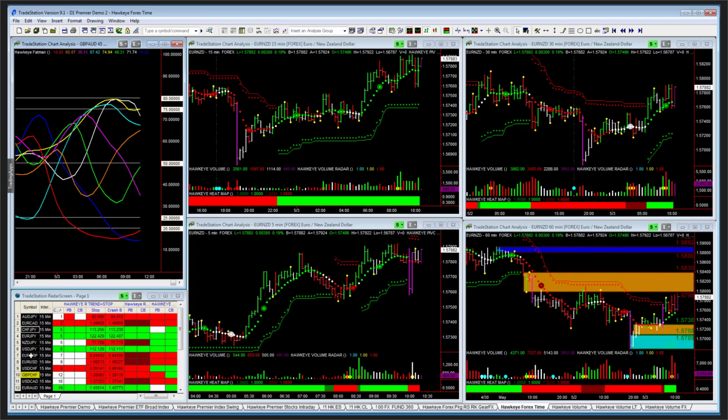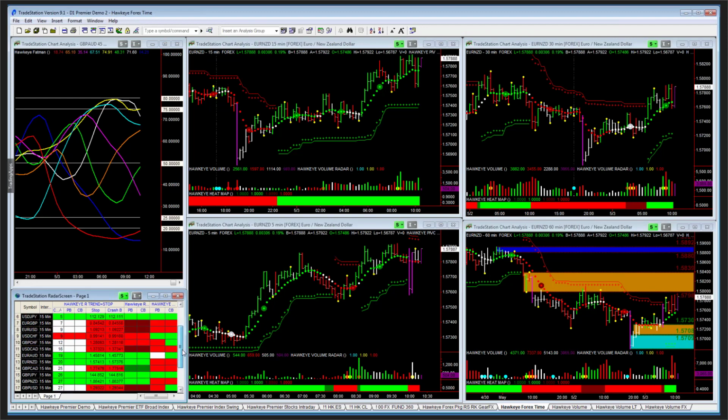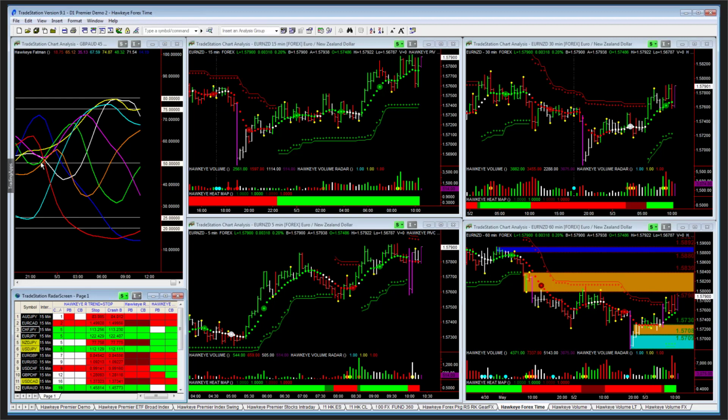So the Aussie, I'm looking for that corrective move to come back in. So anything relative to the Australian dollar, I'm looking for that potentially to correct, because all that weakness is starting to come back with strength. And so if I can see anything else against that in that direction, then that would be some potential for trades. The euro looks like it's continuing to go strong. You can see that euro New Zealand has a potential to break, but watch out because we're coming up into overhead prior resistance level. So there's not a lot of profit to take if you were to take that on the long side.